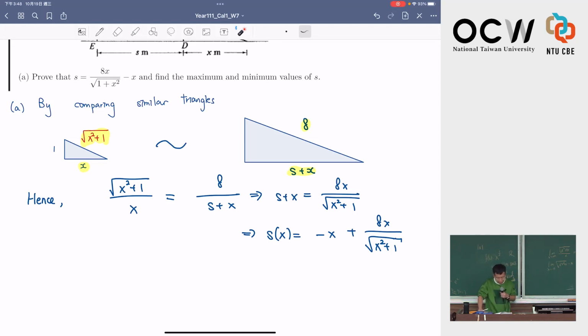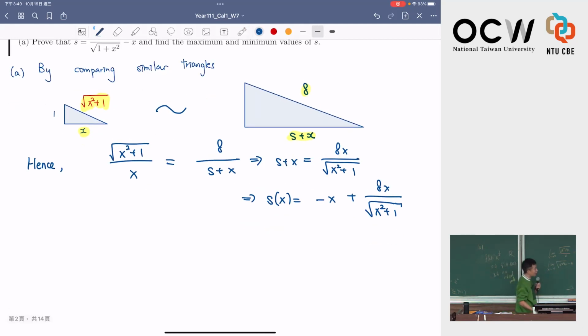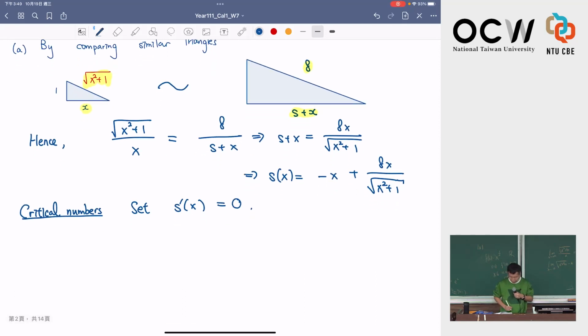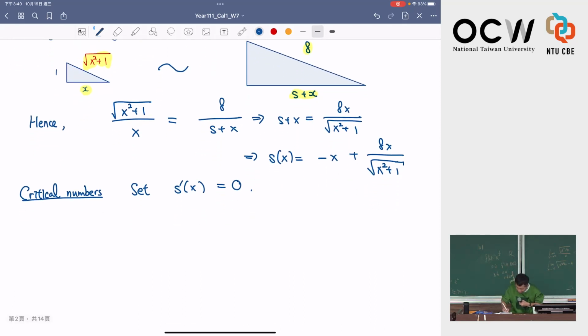And now we come to the actual calculus part, that is to optimize this function here. And as usual, to optimize this function, we're going to compare the values at the critical number and at the boundary. So let's compute the critical numbers. To compute critical numbers, we are going to set the derivative of s to be 0. Okay? So, but we know that s prime of x,